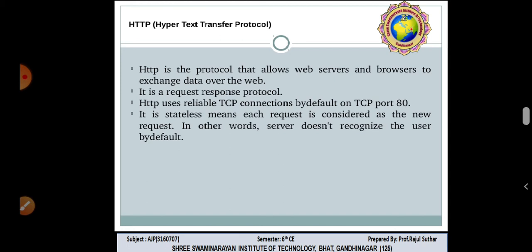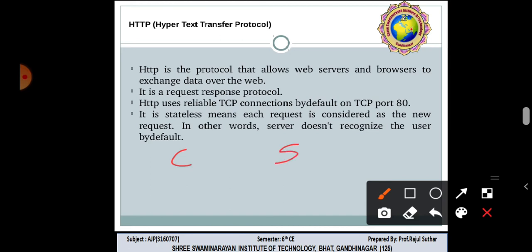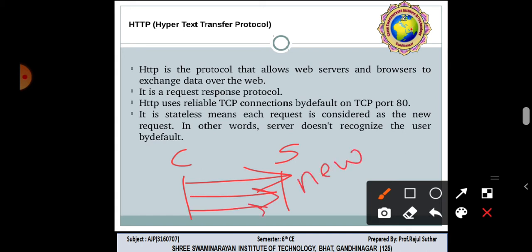If we are using a wireless connection, then UDP is covered. HTTP is stateless, meaning each request is considered a new request. In client to server communication, each and every request works as a new request. In other words, the server doesn't recognize the user by default.